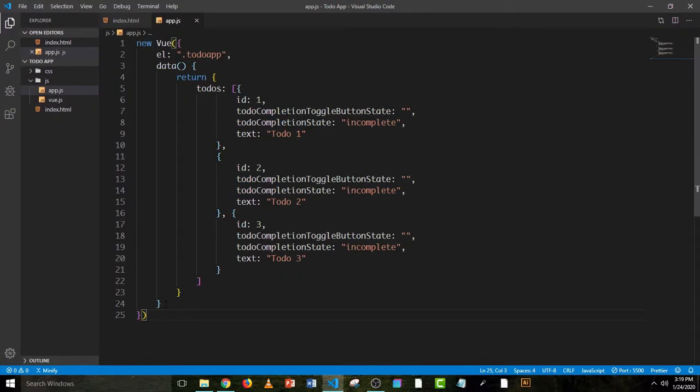Now the first thing we are going to do is add a new property to our Vue instance called methods. So let's have methods, and this is going to be an object which will contain all the functions for our application. The function that is going to be responsible for adding the to-do items is going to be called addTodo, and in between the opening and closing curly brackets is where we are going to have the code responsible for